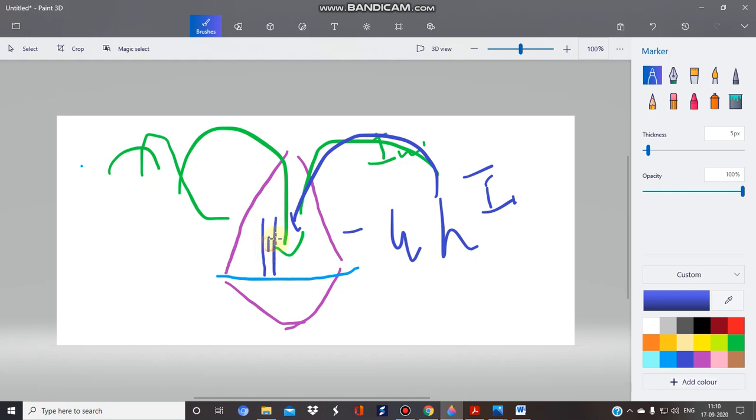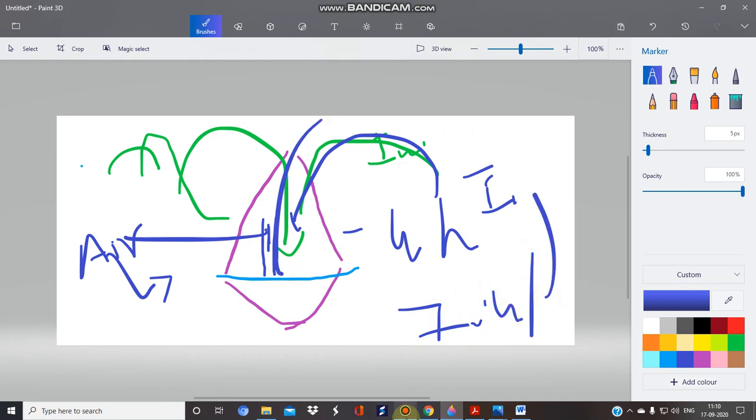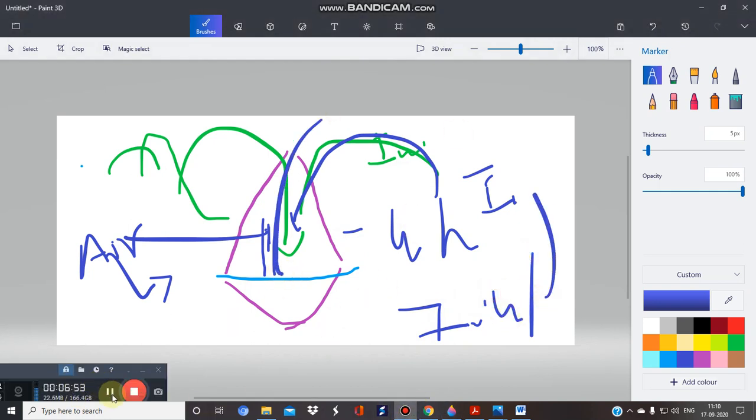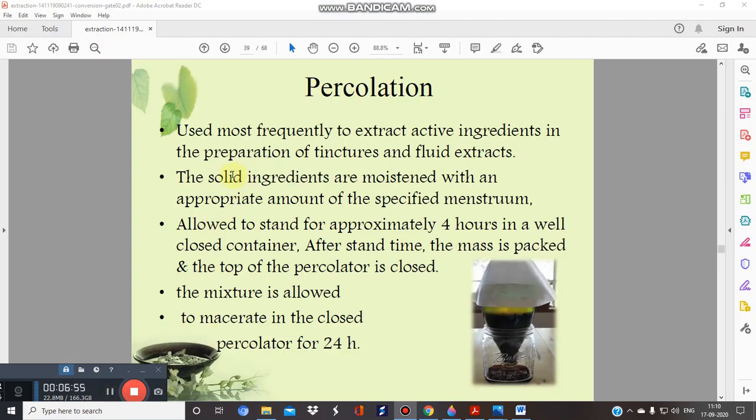Otherwise, it might cause the formation of air bubbles, which will definitely influence our extraction procedure. So we imbibe our sample for 4 hours, and then we start our percolation step. Just like maceration, the solid ingredients are moistened with an appropriate amount of specified menstruum. In this case also, we call our solvent the menstruum.